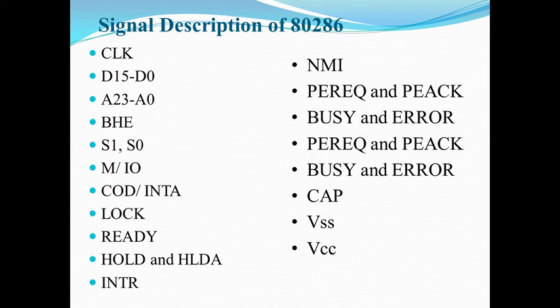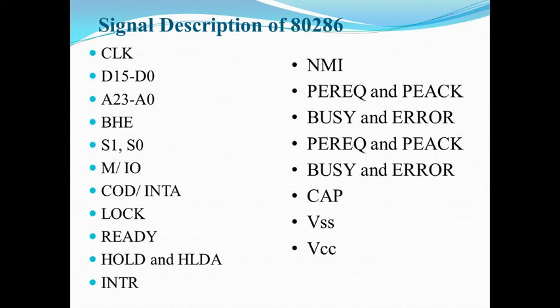If this signal is 0, it indicates that right now an IO cycle or INTA cycle is going on, that is, interrupt acknowledgement. If it is 1, it means a memory operation is going on. The other possibility is that halt can also be there, that is the halt cycle, where the processor is in hang mode for some time. In that case also this can be 1.